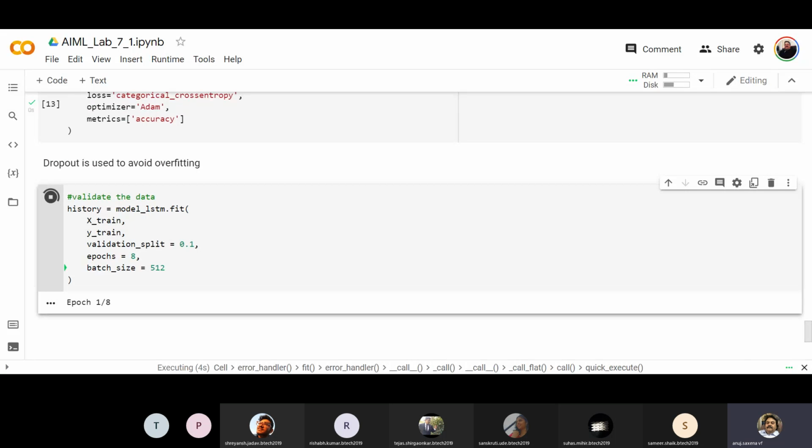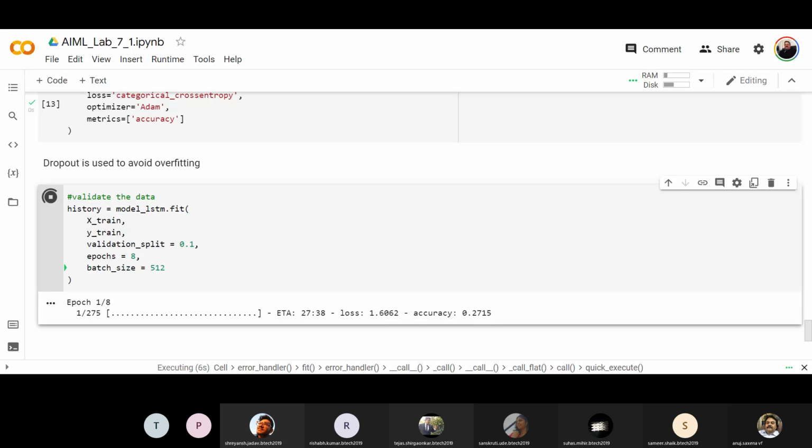It may take a little time to compile. This is an image. These are the phrases which we are actually using, but it should not take much time. There are 8 epochs, but it will take some time. So let's wait,